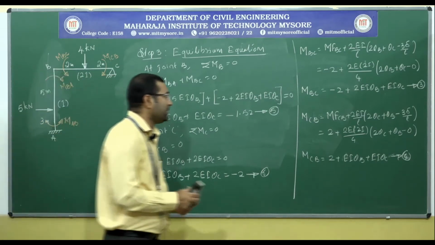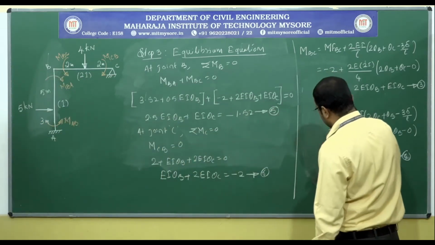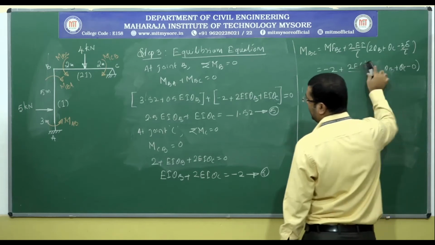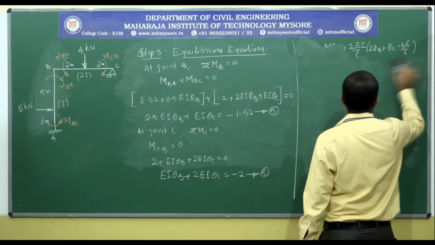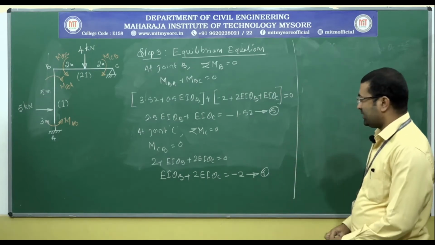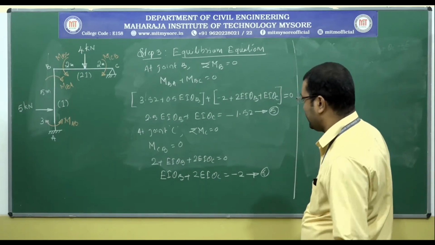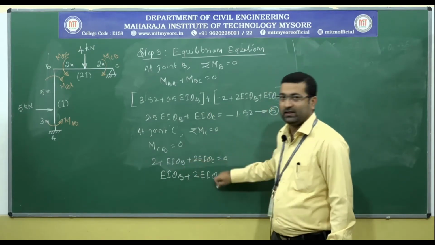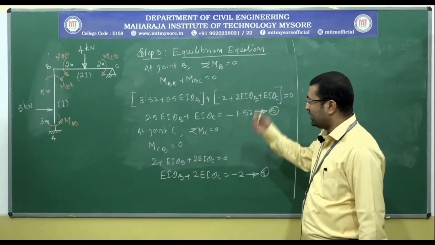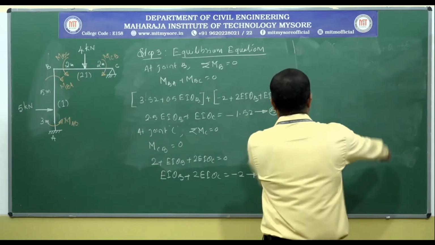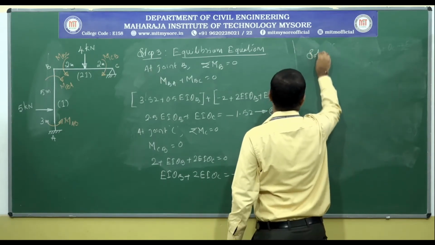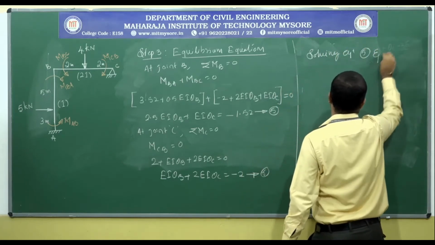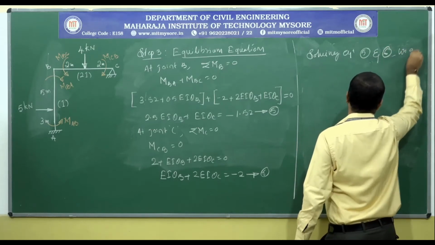So, now you can observe here we have two equations, that is 2.5 EI theta B plus EI theta C equals minus 1.52, and equation number 6, that is EI theta B plus 2 EI theta C equals minus 2. In both the equations we have EI theta B and EI theta C as the common unknowns, which we can get by solving them simultaneously. So, solving equations 5 and 6, we get